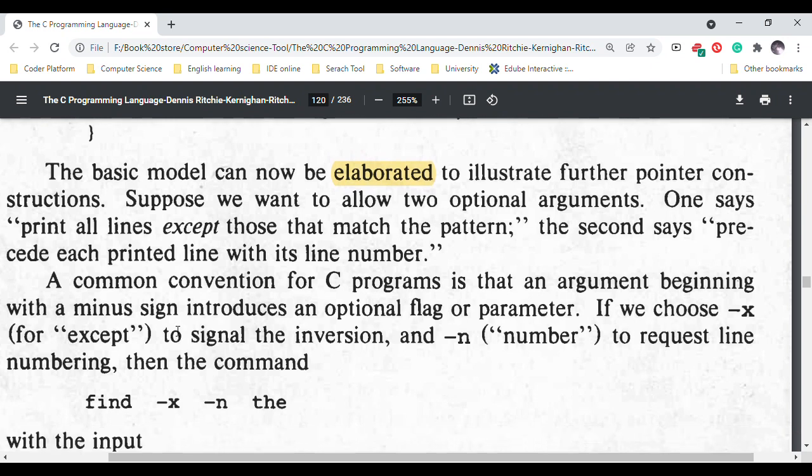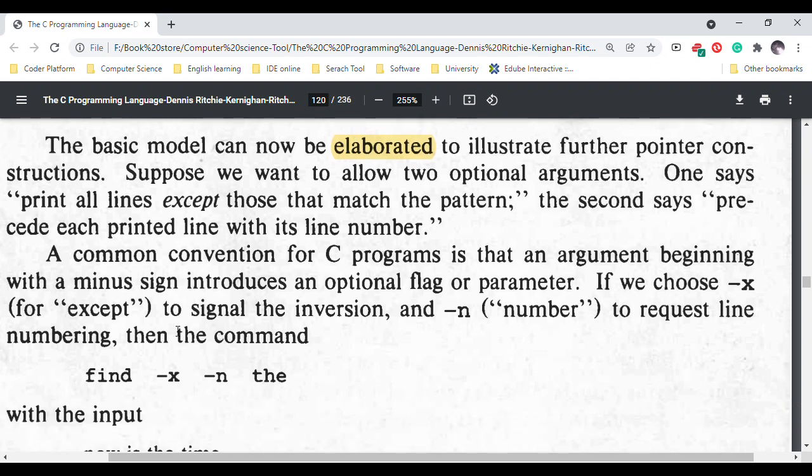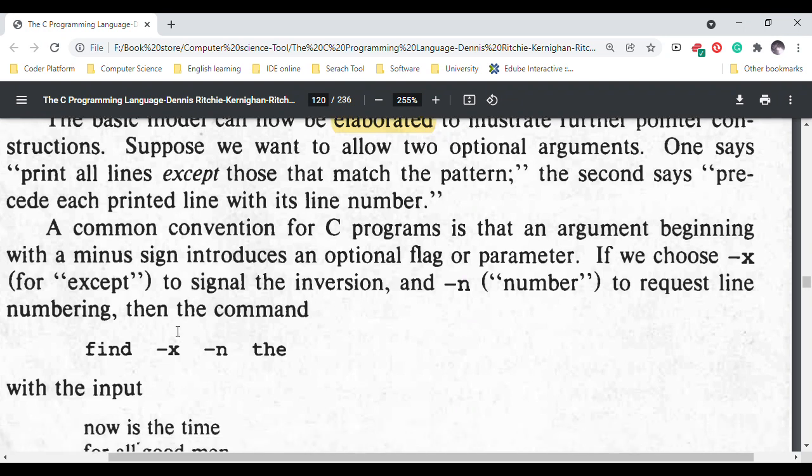A common convention for C programs is that an argument beginning with a minus sign introduces an optional flag or parameter. If we choose -x for except to signal the inversion and -n to request line numbering,